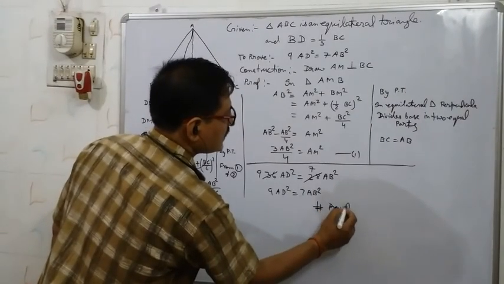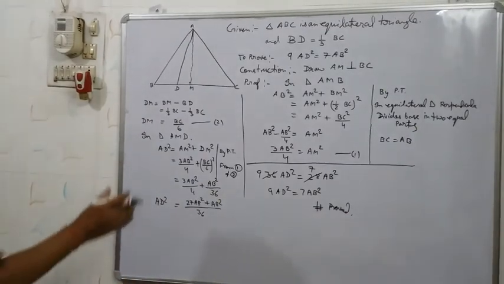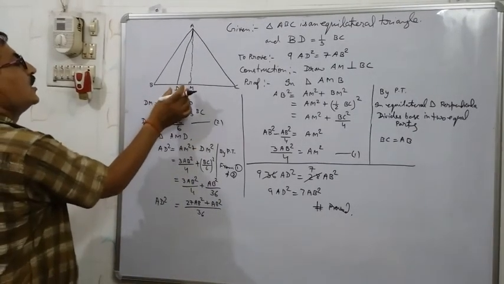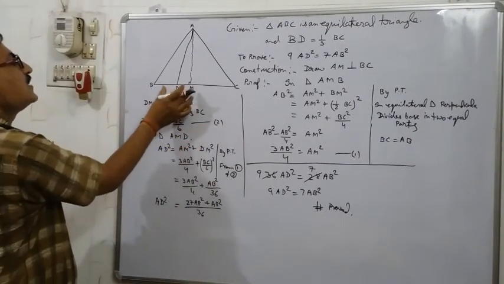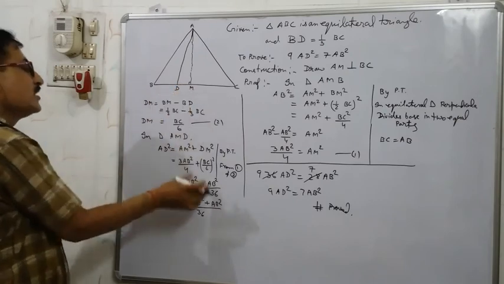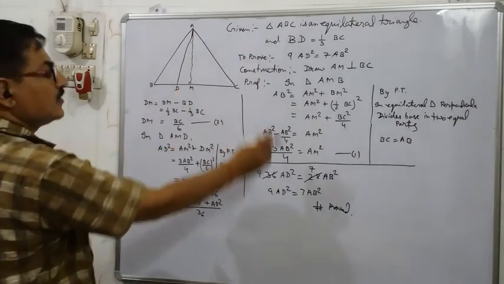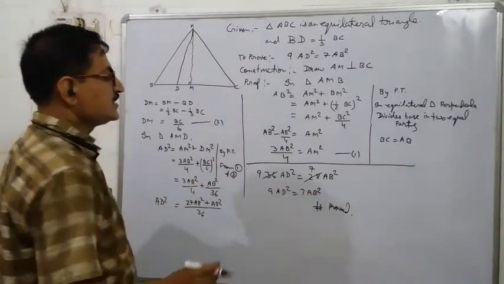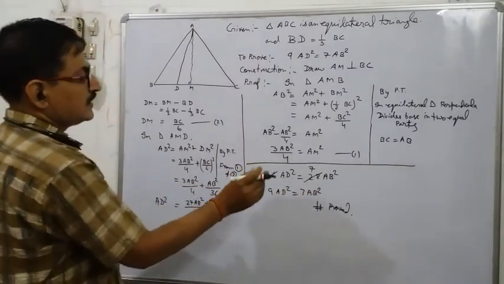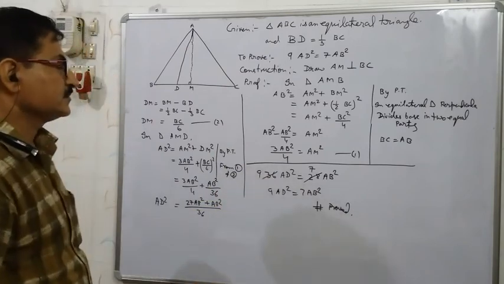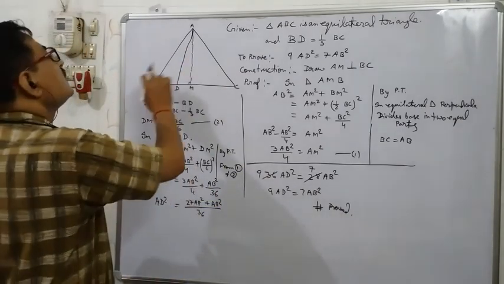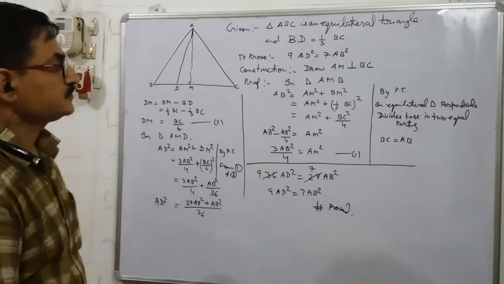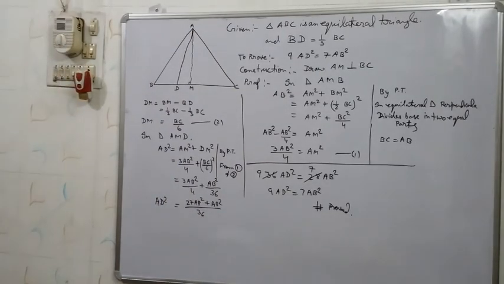So the trick to solve the question was that all the units you have to write in one: first you convert into BC, and BC you can convert into AB. In the examination, in place of AB it can be BC or CA, and that time also the same solution will be there. Only the perpendiculars will be on different sides. So this way this question will be solved.